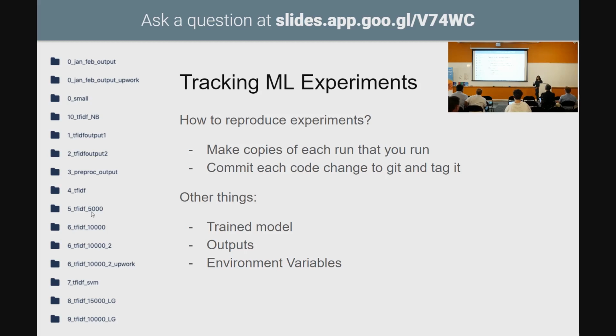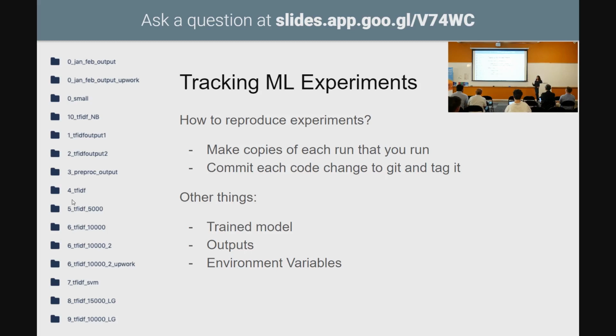Yeah, can we just save the source code so that we know how to come back to that? The thing is though, for the source code that you use for say experiment 4 or 5, you need to go back to Git and tag that specific commit with experiment 4 where you did TF-IDF with 5,000 features. So you need to have that information. You need to specify what the environment was when you ran that.